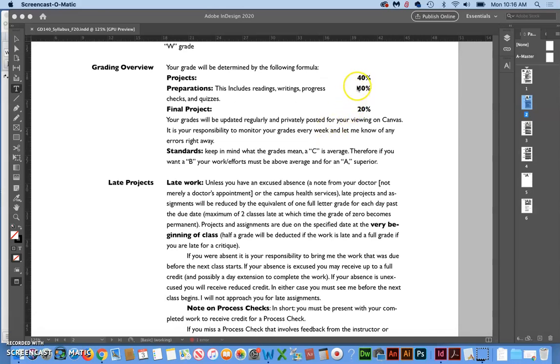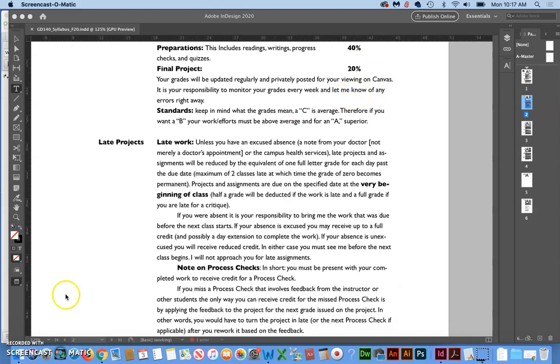Now, what I do when I grade your items is if they're worth 40% of your entire grade, I grade them out of 40 points. So a grade of 36 out of 40 is an A. A grade of 32 out of 40 is a B, and so on. And I'll show you some of this math in a little bit. But basically what I'm getting at is if you don't maybe say trust Canvas is computing your grades accurately, this gives you a way to keep track of your grades, do the math, and double check them.